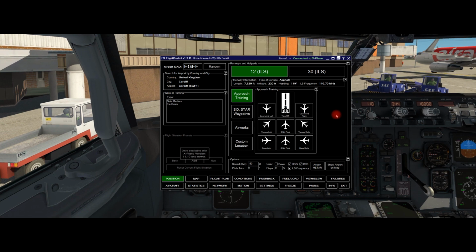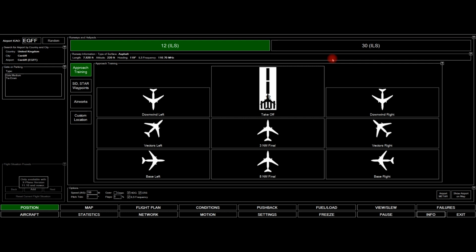So there we are. We've got it loaded up, and it's already indicating that runway 12 is in use. Now I'm going to have to check this against weather, as I'm not sure. But what you can see here is the interface, and I can make this full screen if I want. So we'll do that. We'll make it full screen so it's easier for you to see. And what we've got here is